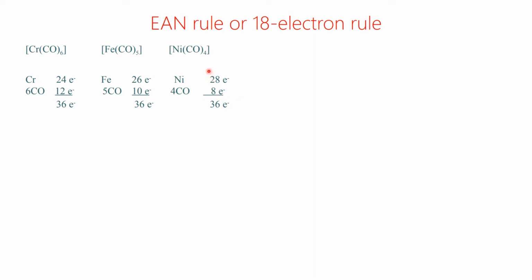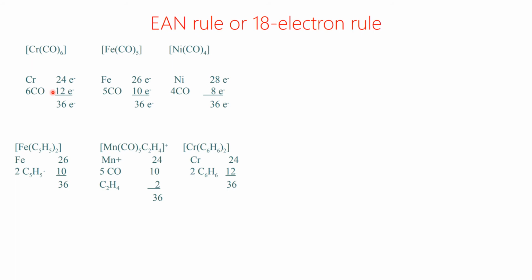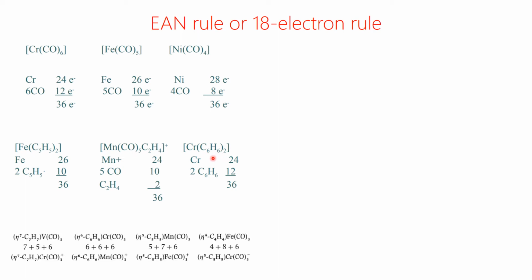Or we can take only the valence electrons of the metal ion, without counting the total electrons. For example, nickel 0 has 10 valence electrons. 10 plus 8 is 18. 18 is the atomic number of argon. Similarly, Fe(CO)5 and Cr(CO)6. Then ferrocene, other compounds of manganese, and bisbenzene chromium. We can take certain examples which contain tropylium, carbon monoxide mixed ligands, carbon monoxide, benzene, cyclopentadiene, carbon monoxide, cyclobutadiene, and carbon monoxide.